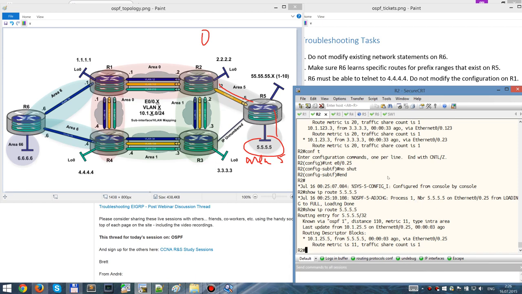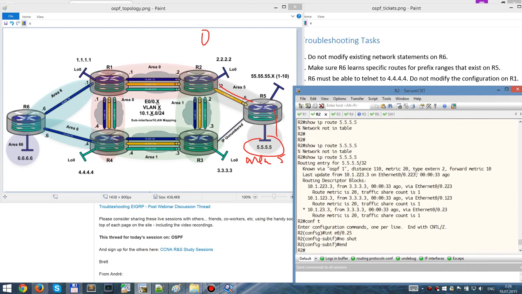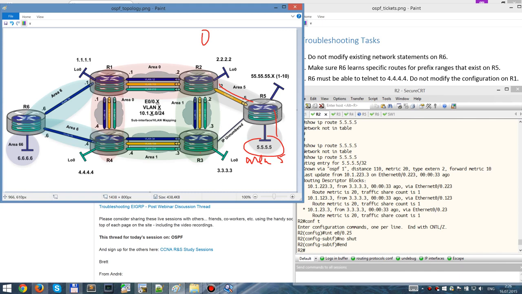And in other parts is external type 2. So, and from R3 here we have redistribution, and third here is O, and this route here is OE2. Okay, so and